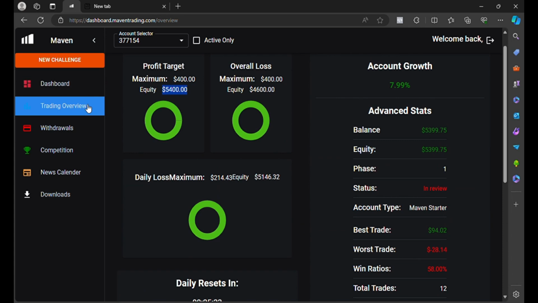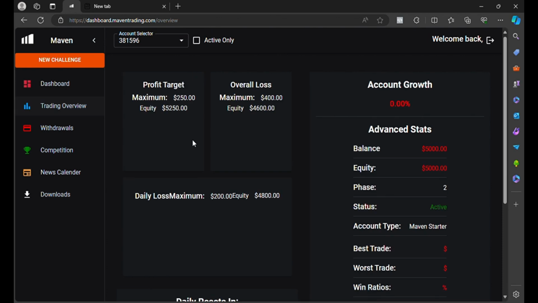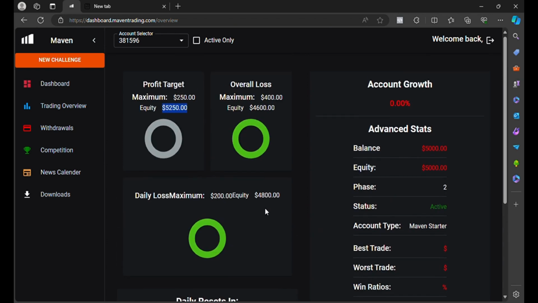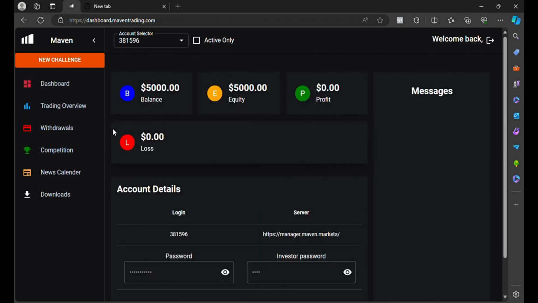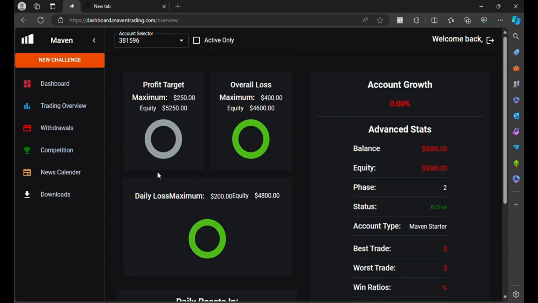And then they gave me the second phase. So this is the second phase. As you can see here, my target is $250, which is 5%. So yeah, guys, as you can see, in trades, there's no data yet. I haven't traded yet. So this is my second challenge. The maximum daily loss is $200, and the maximum overall loss is $400. So I'm going to pass this challenge and then get funded, and then as soon as I get funded, I'll show you